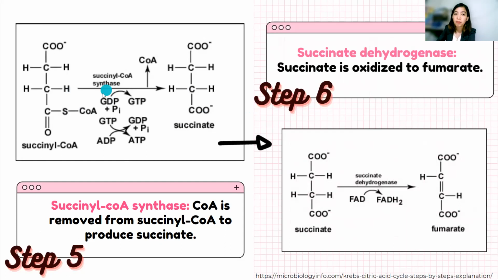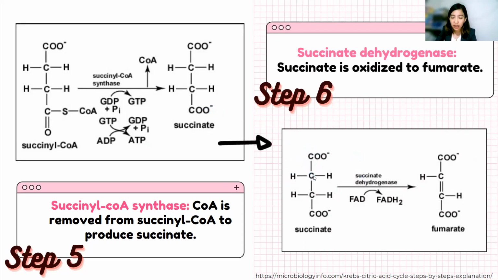Dito makikita nyo na may conversion na nangyayari from GDP, naging GTP, and from ADP, nagiging ATP. Ayun, dito meron na tayong yielding ng ATP molecule. So, meron na tayong product na ATP. While here, sa step 6, we have the succinate dehydrogenase enzyme kung saan yung succinate naman is being oxidized to